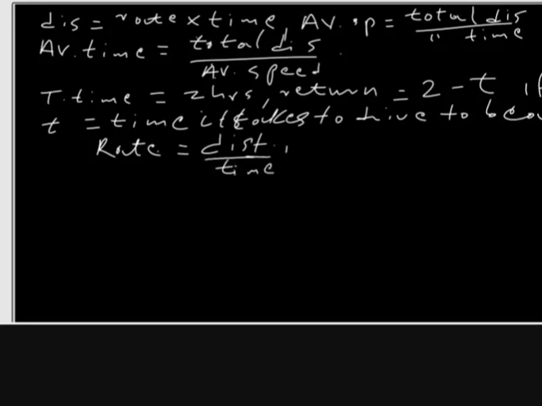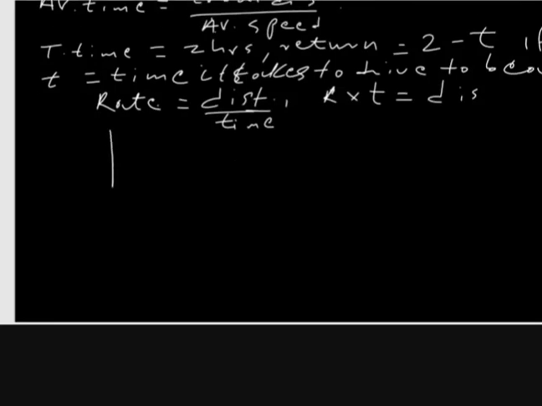And this means that the rate times time is equal to the distance. The reason why I want to make the distance stand alone is because the distance is the same in the two scenarios. So if you have that simple chart